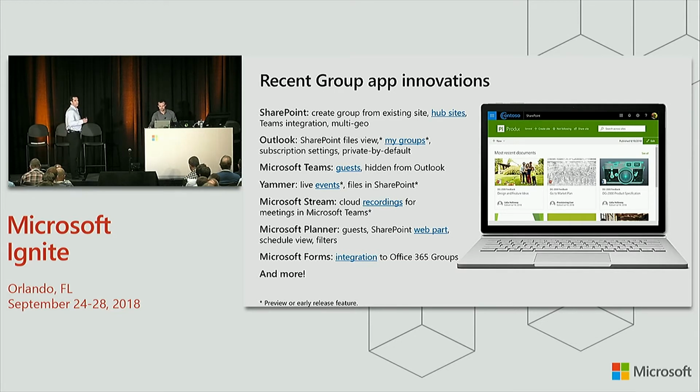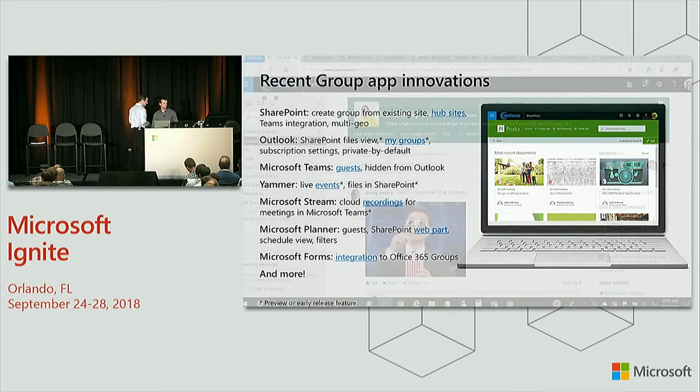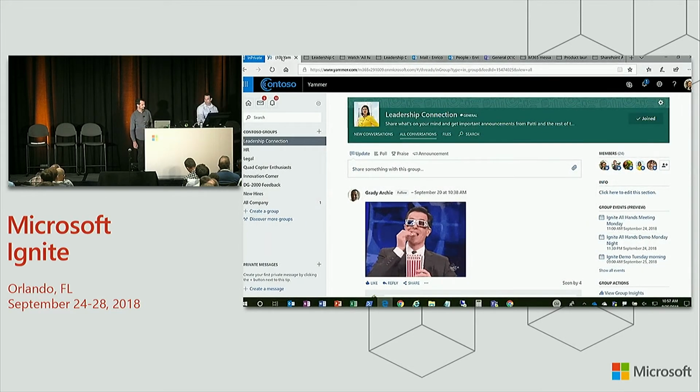And also yesterday there was a new service announced by the Microsoft Project team that'll help you manage your roadmaps, also backed by Office 365 Groups. So this is pretty huge. This is just a snapshot of some of the features that we've shipped this year. So now that we've walked through this, let's take a look at some demos and see some of these in action. All right, so we're going to start our demos in Yammer.